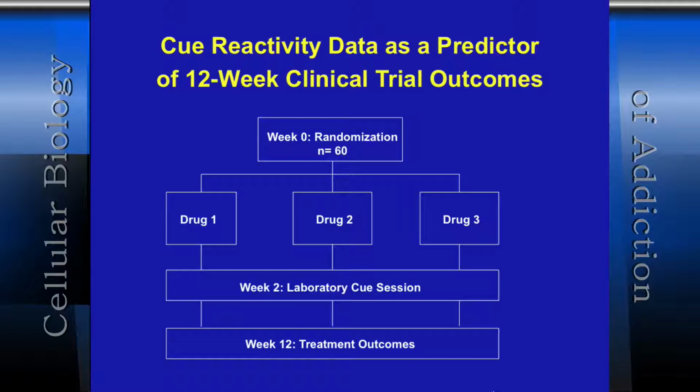Now, the last piece of the predictive validity work that we did with the model was to look at how it performed in treatment seekers who were on a 12-week clinical trial but did participate in the cue reactivity session. It was actually at week 2. This is a blinded analysis, and we don't know what drugs. I'll tell you, it's pregabalin, which is son of gabapentin, or duloxetine or placebo, but I don't know which group